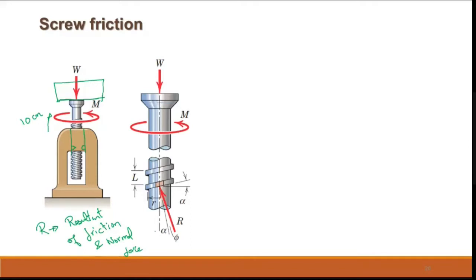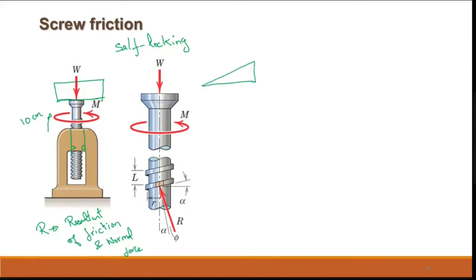So the thing is, it has to lock. It should not come down. That is what we call self-locking in screws. It has to lock and should not come down. If it comes down, then there is no necessity of having a lift. So to have that self-lock, we consider